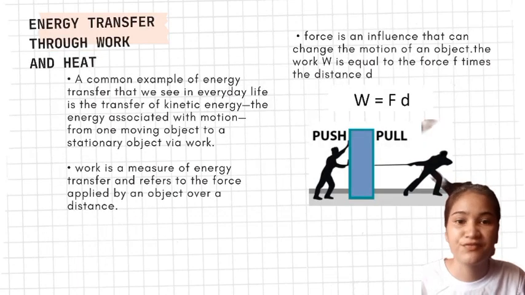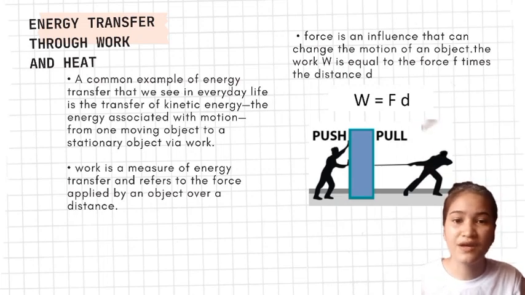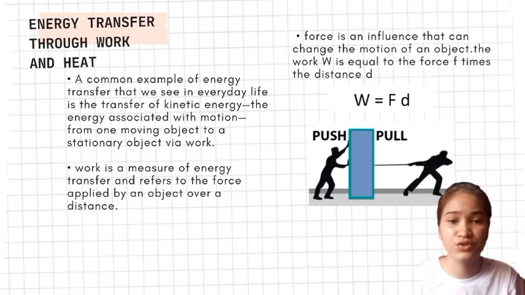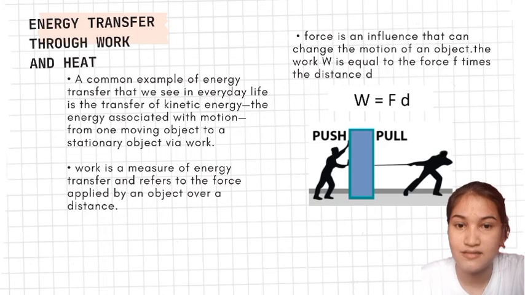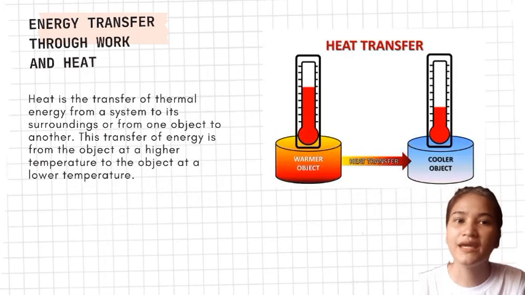Work is the transfer of energy when a force acts through a distance. A force is an influence that can change the motion of an object. The formula for work is equal to force times distance. Another way an energy can